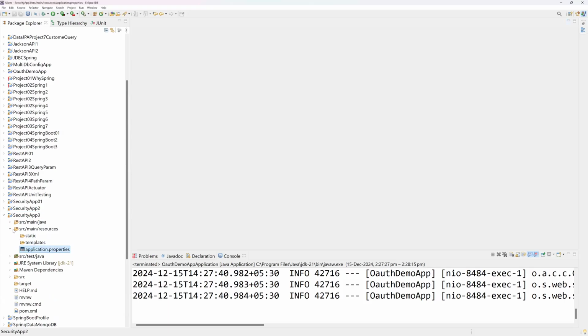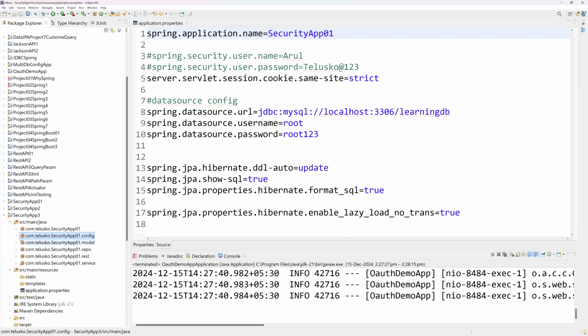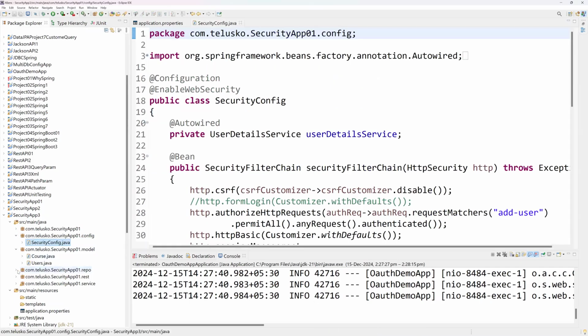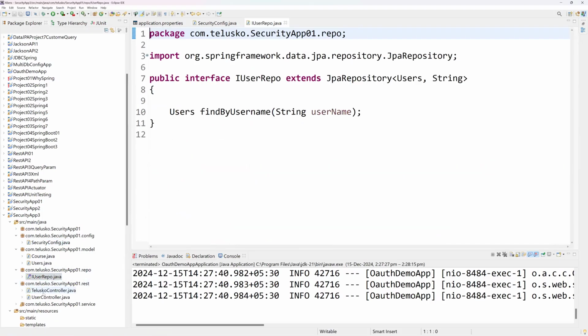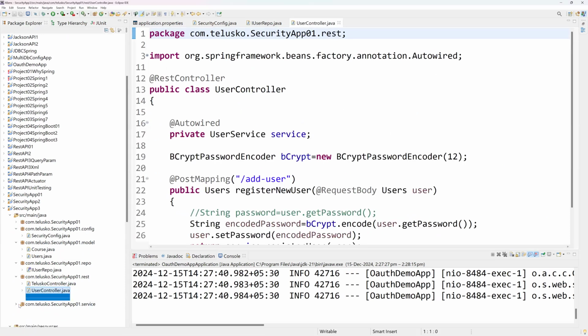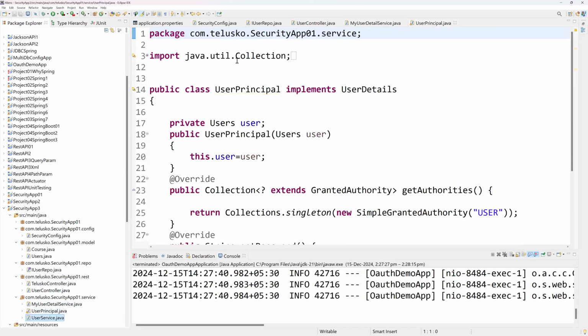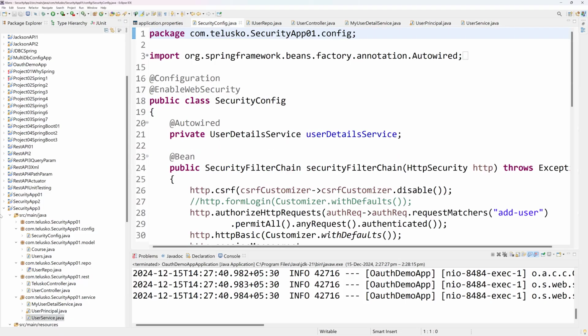Yes, same old story. I have opened the same configuration file. Models are also the same. User controller is also the same. And the service layers are also the same. No change. Now, what I want to achieve is,